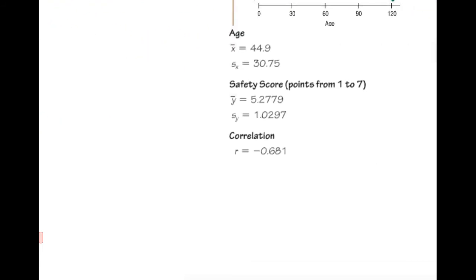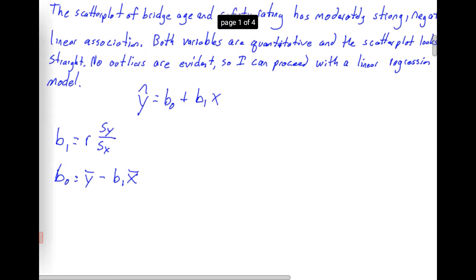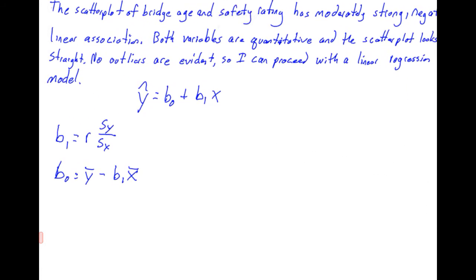So correlation is negative 0.681. We have our y bar, our standard deviation of the x, our x bar, and the standard deviation of the x variable right there. We have y bar and standard deviation of the y variable below that. With these, you're either going to have a computer printout or the raw data that you can type in the calculator. You're not going to have to do everything by hand, but it's still important to know how